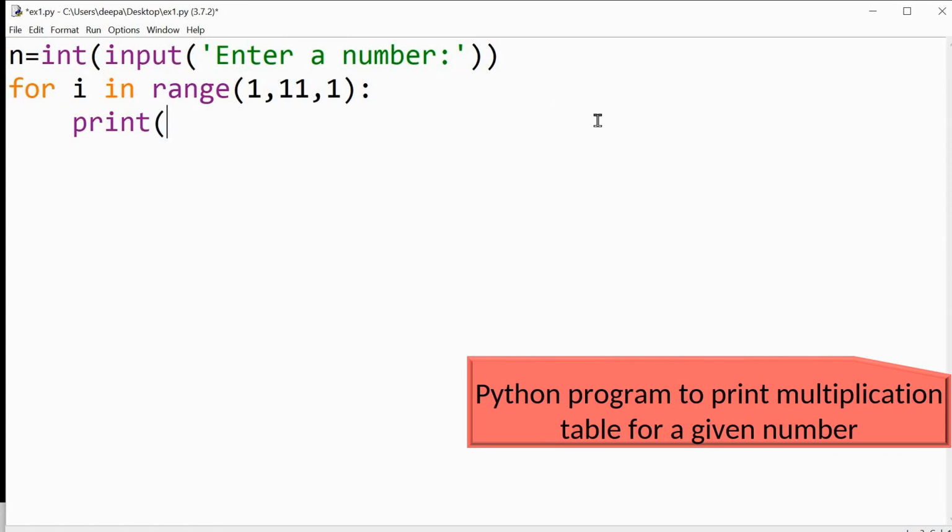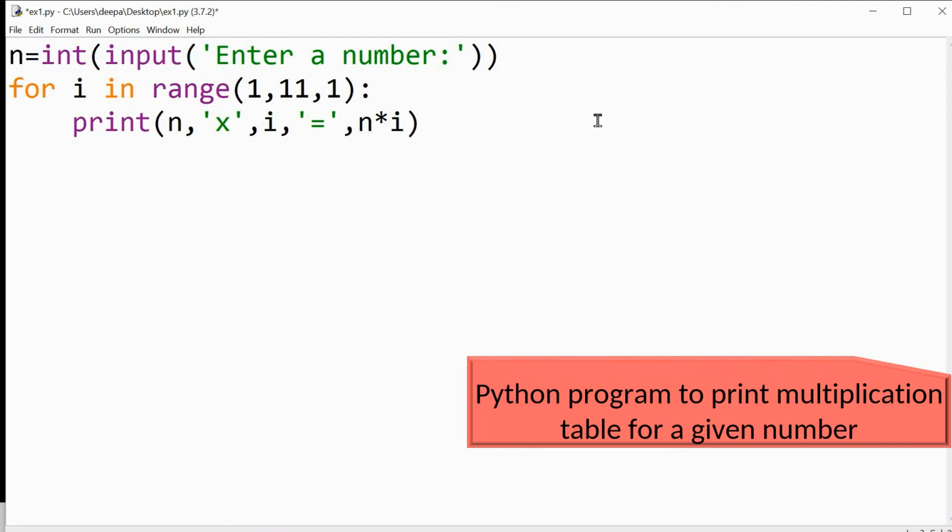You have to print in such a way that it looks like a multiplication table. So first you print the variable n, comma, and then for the "into" I am using x, comma, then i, which is the counter variable, comma, and then "=" within quotes, comma, and then the calculation n * i. Here the asterisk is the multiplication operator.